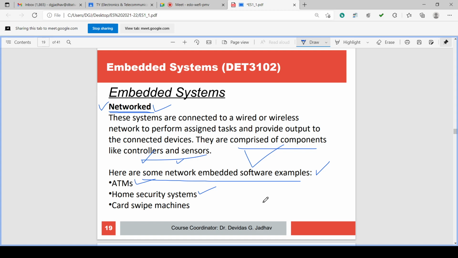When you are coming to the home, this network parameter checks that your GPS is coming near to home, and it will automatically start some of the systems. When you are at the door, the door automatically opens, or you may be authenticated with your fingers and your iris detection, eye detection.